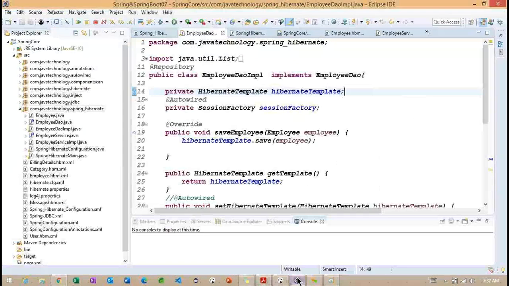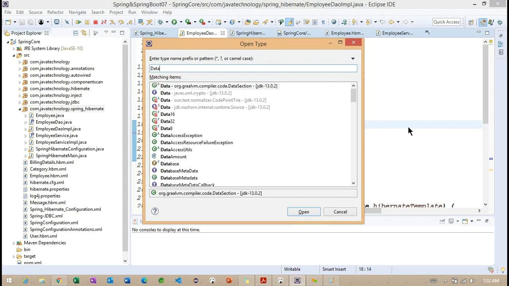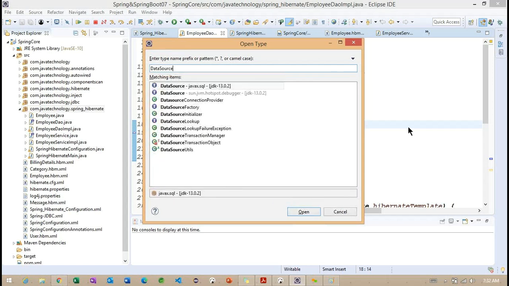Whenever we work with JDBC, we have a transaction manager called the data source transaction manager. Using this data source transaction manager, we can work with JDBC related applications.